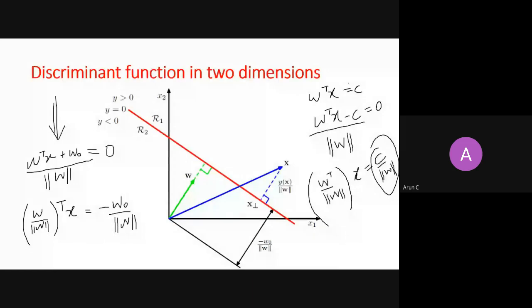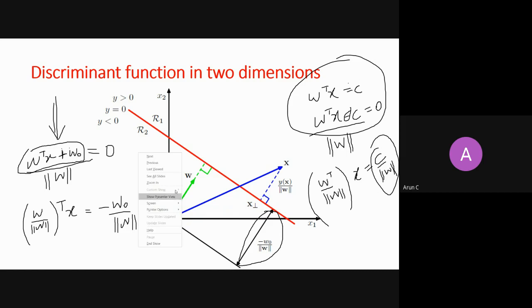Good. Very good. So this is what is shown in this image. This is W not divided by norm of W, negative. You understand why negative is there, right? Because in my ideal representation of the equation of hyperplane, I have taken this constant as positive, but when I defined it here, it was negative. So it is just a change in notation. No big deal, don't get confused. So you can find the orthogonal distance of a hyperplane from the origin by putting it into this formula, right?